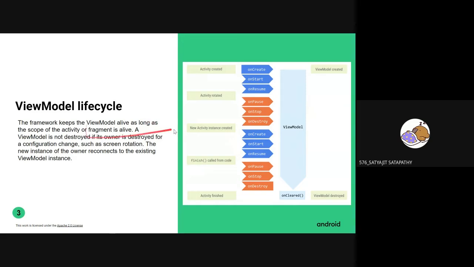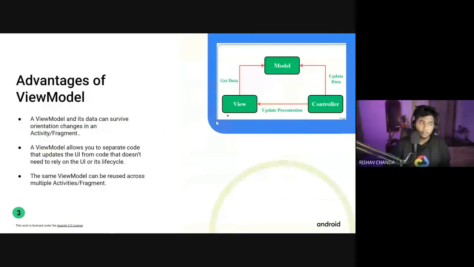Okay, so it is now clear, right? So now let us see the advantages of view model. The main advantages of view model are, first, view model can survive the orientation change that I have told you, like rotating your phone layout. Okay, so that was the first benefit. The other advantage is you can have separate code for your algorithm part and for your UI. You can do initializing the widgets in the activity, and the coding part or the algorithms you want to implement, or getting data from the internet, you can write in a separate class, that is the view model class.